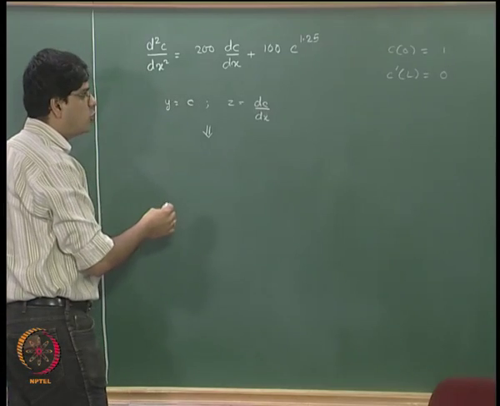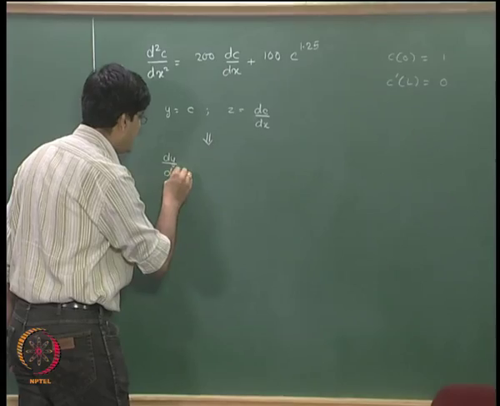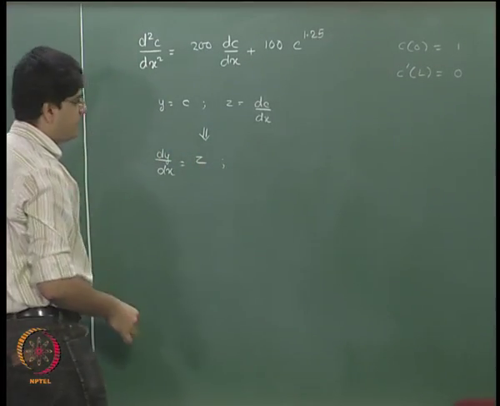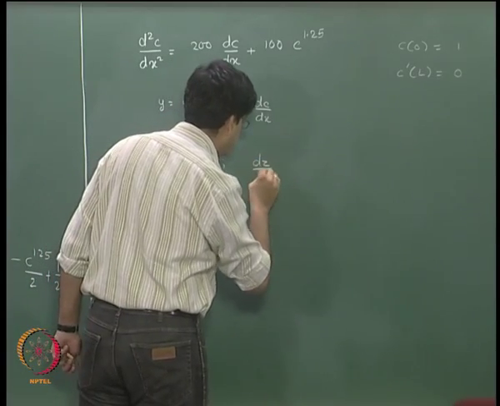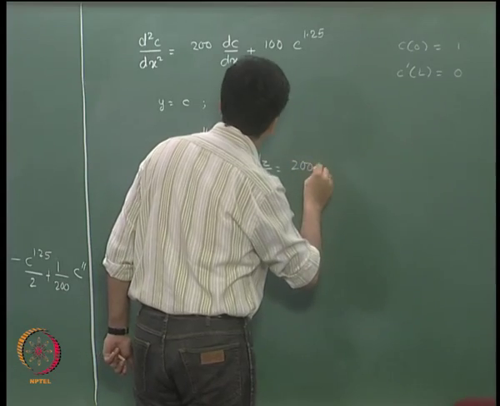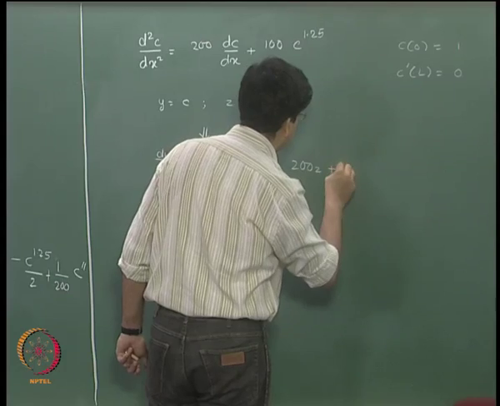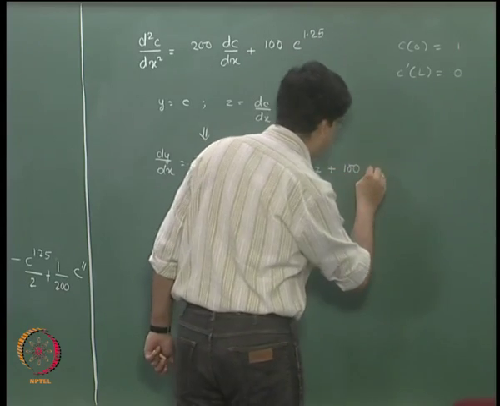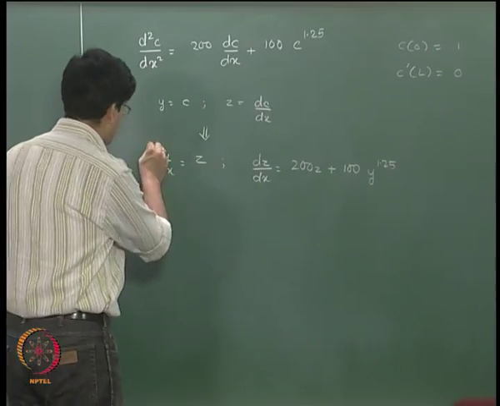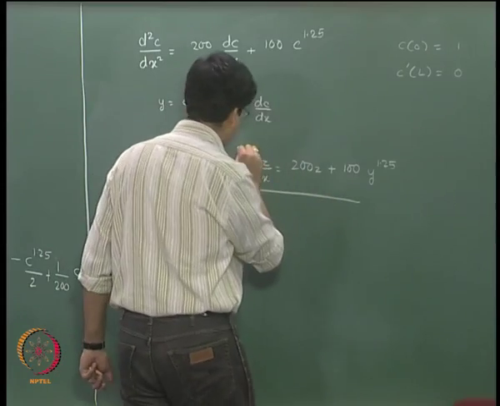This will result in two ODEs. The first ODE is going to be dy by dx is equal to z, and the second ODE is obtained from over here, and that is going to be dz by dx is equal to 200 times dc by dx, which is z, 200z plus 100 multiplied by y to the power 1.25. So these are going to be our two ODEs, ODE number 1, ODE number 2, which we are going to